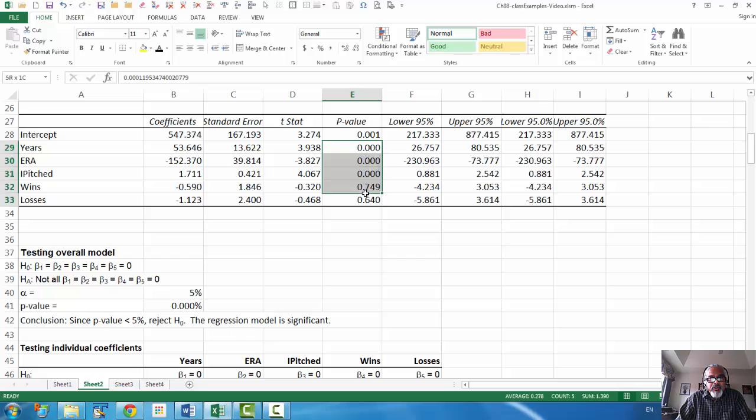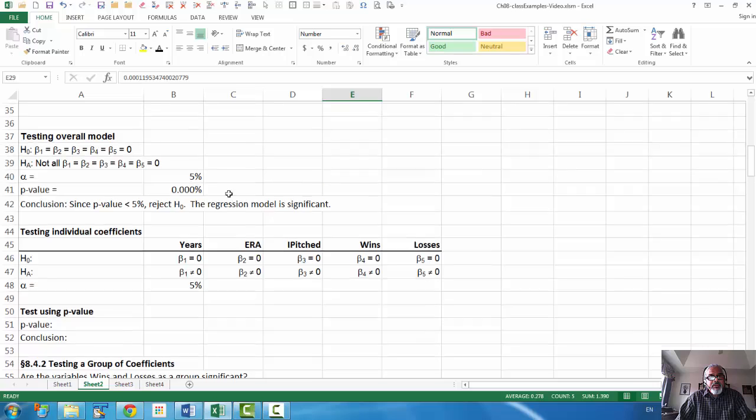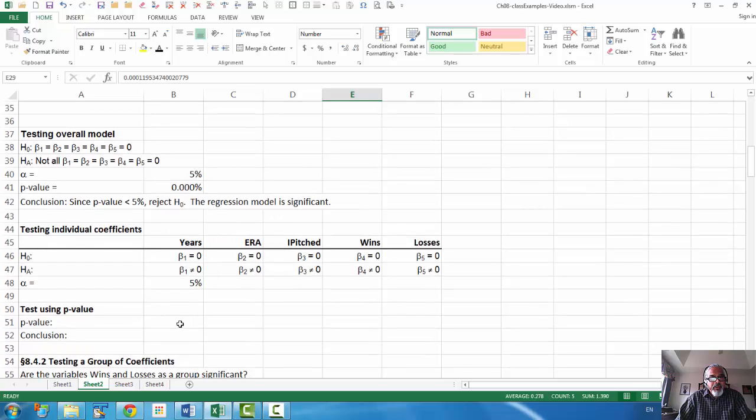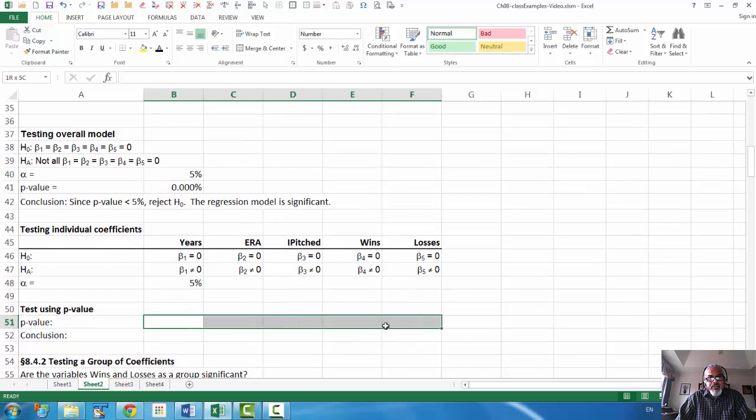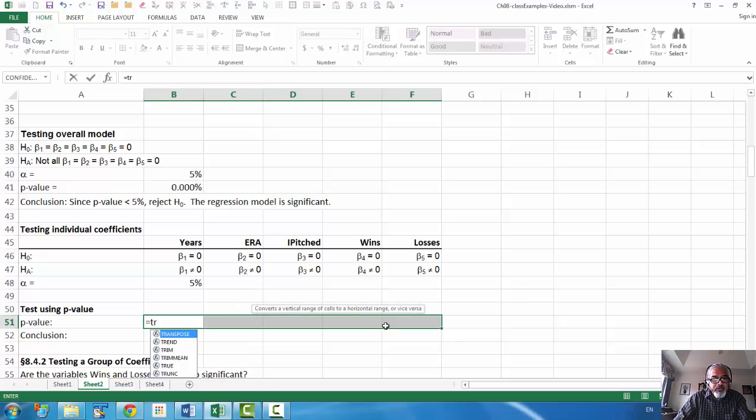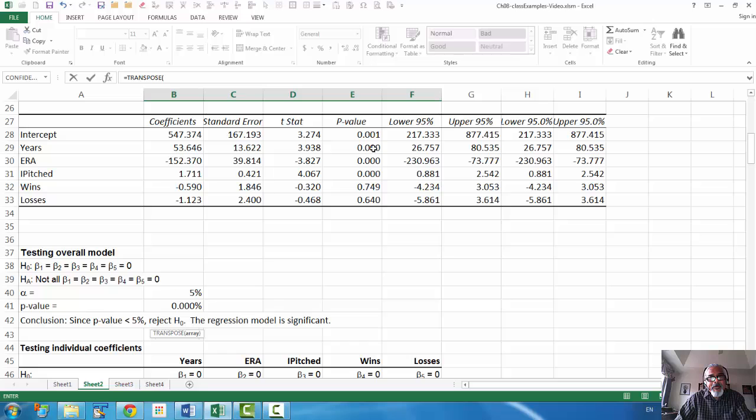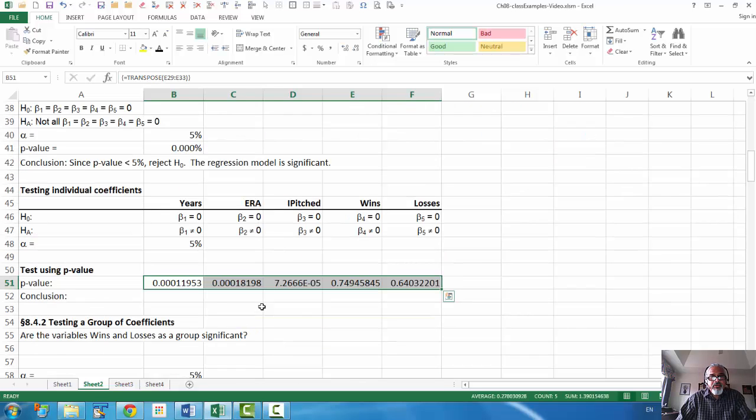These are the 5 p-values, not the intercept. Okay, so let's get the p-value down here, and we can use the transpose function to get all those p-values down there. So highlight the 5 cells, transpose, p-value, close parenthesis, and this is an array function, so Control Shift Enter will get you the p-values down here,